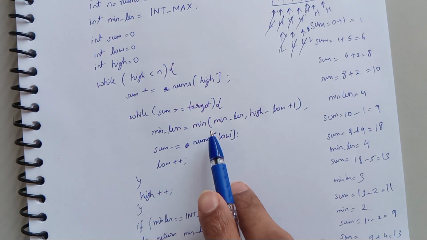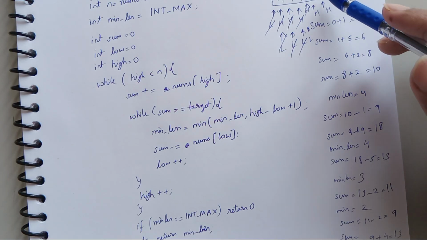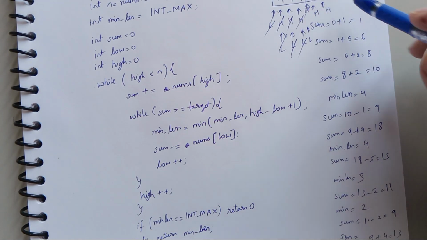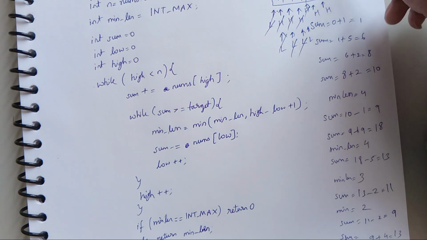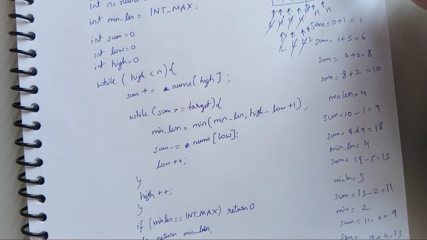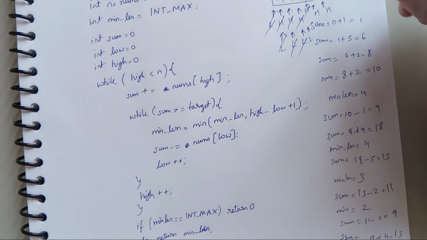Minimum length will be minimum of 2 comma high minus low plus 1. So high here is 0 1 2 3 4 5. 5 minus low is here 0 1 2 3 4. 5 minus 4 plus 1, which is 2. So again minimum length is just 2, and we again subtract the